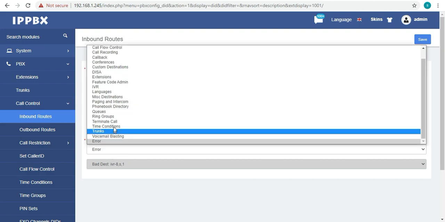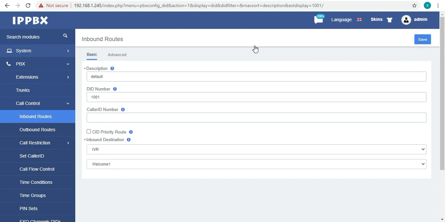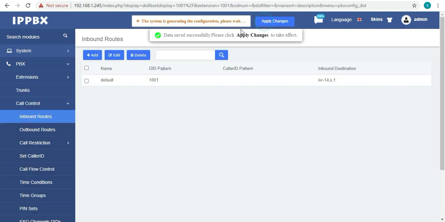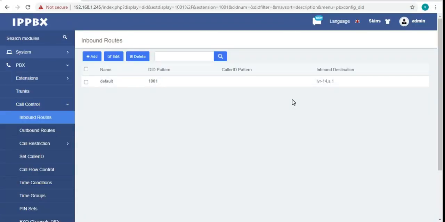Here you can choose the IVR, then welcome 1, which is the level 1 IVR file. Now click on apply changes. Now every call will land on this IVR profile. So now let's test a call.